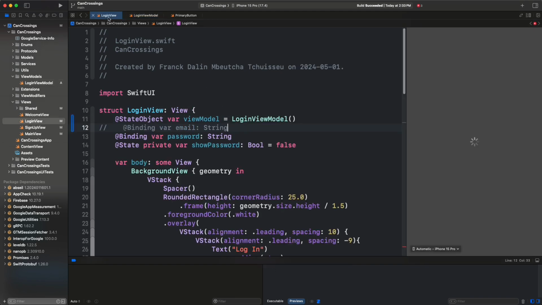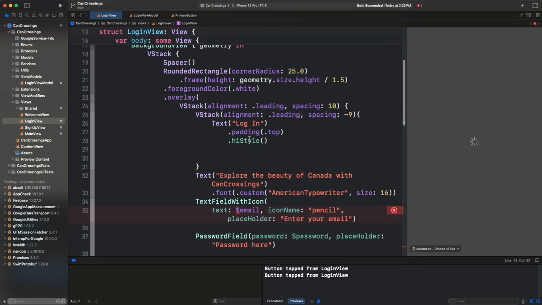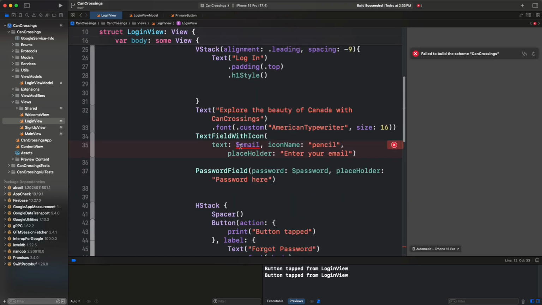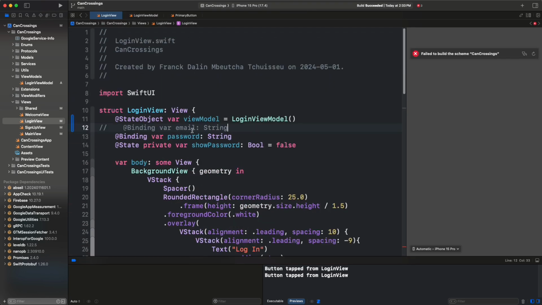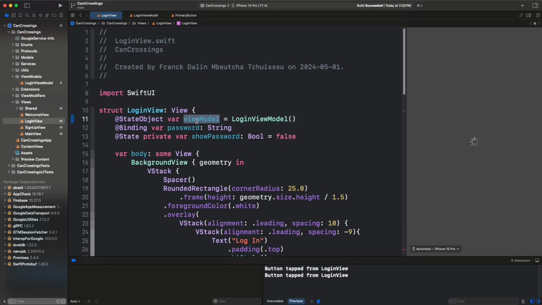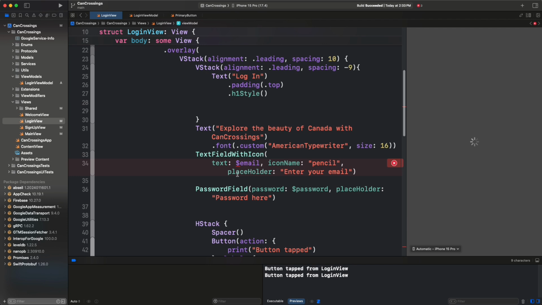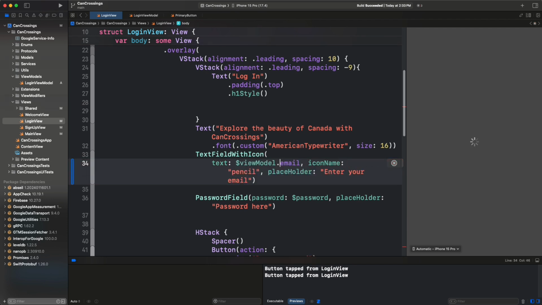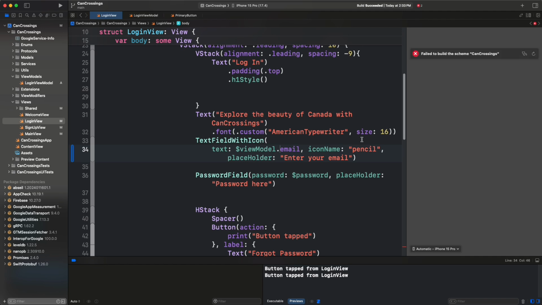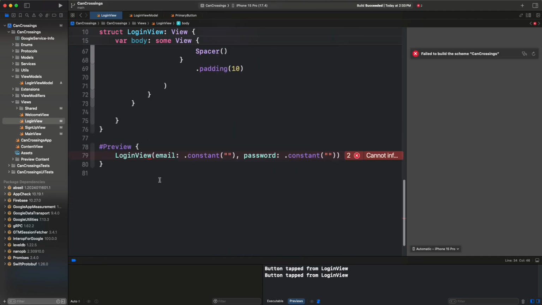And now if we go inside our login view, normally we are supposed to have this error, because here it doesn't know this email anymore, because we don't have this anymore. We can even delete this. And here we want to copy this view model, and we want it to take this email from our view model. And I think everything is supposed to be working perfectly, but we have an error, and I guess it's because of this preview, because now we don't need this email anymore. So we can remove this,